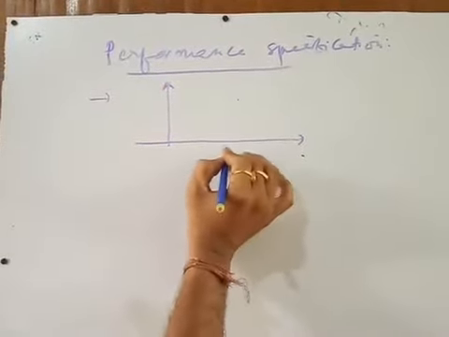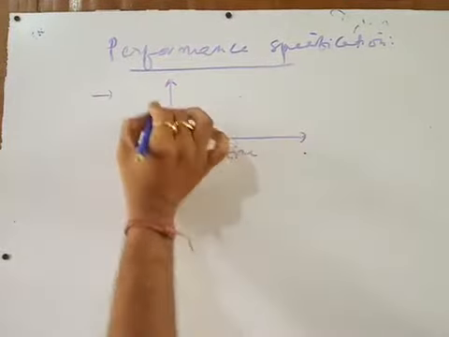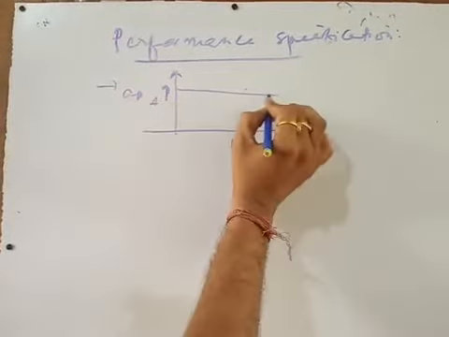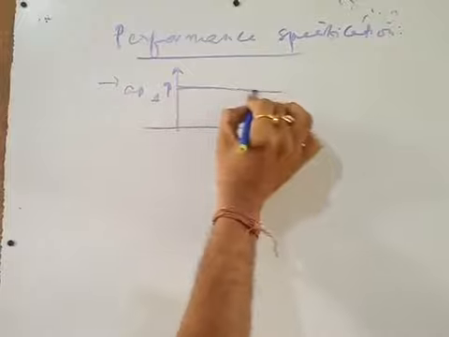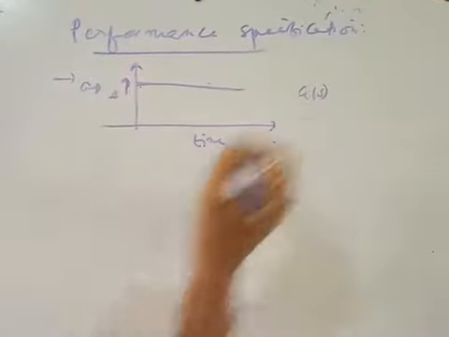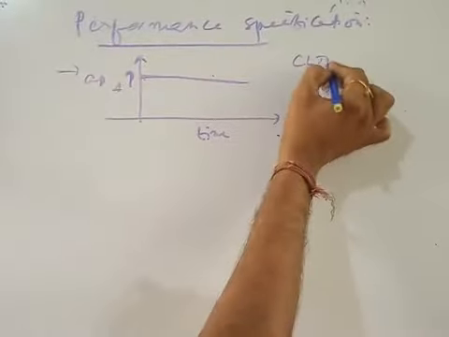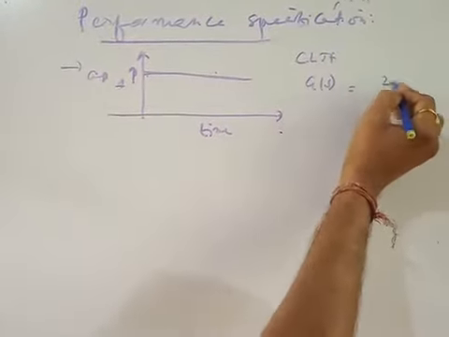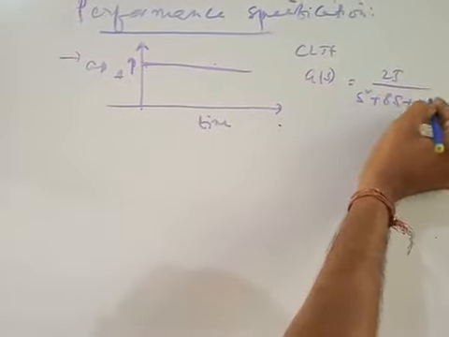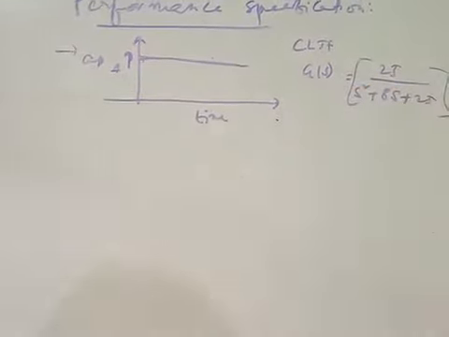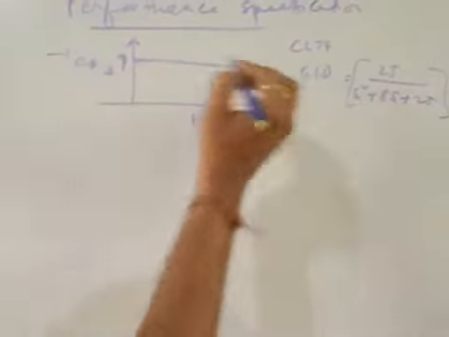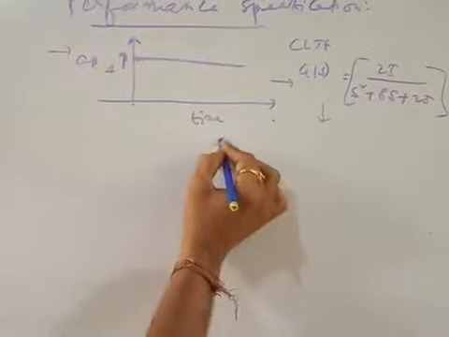This is your time, this is your amplitude, and this is your step signal. And consider a second order system closed loop transfer function, say 25 by s square plus 8s plus 25. Now, if any type of step input is applied to the system, always the output curve